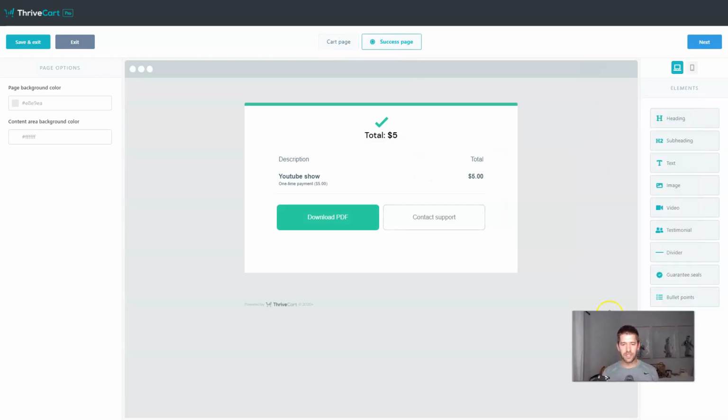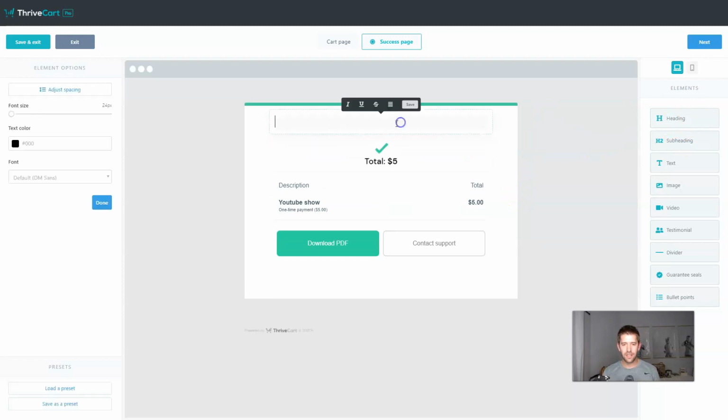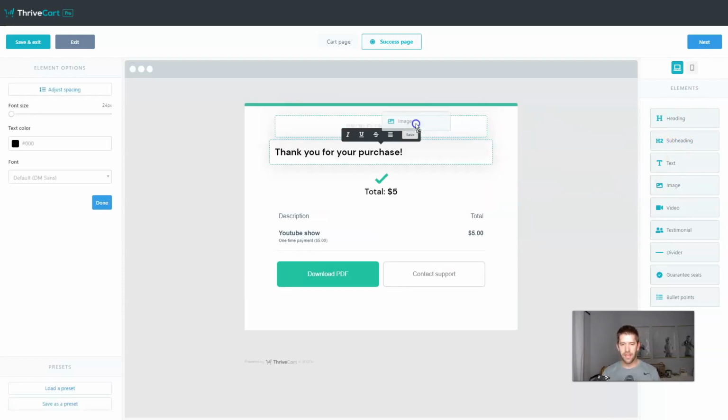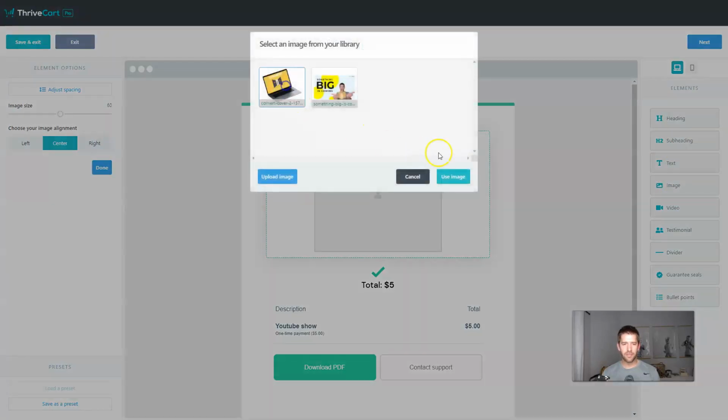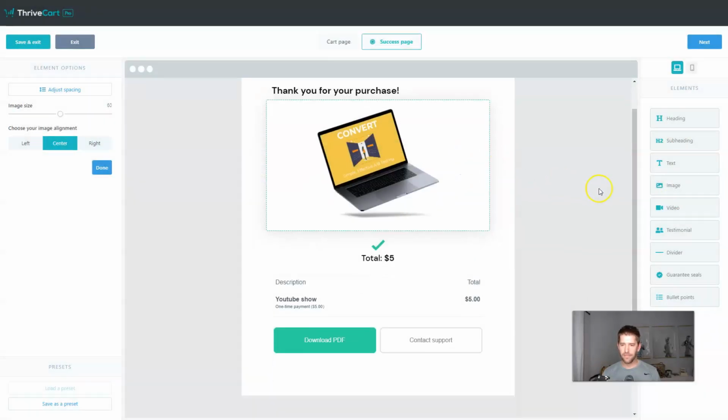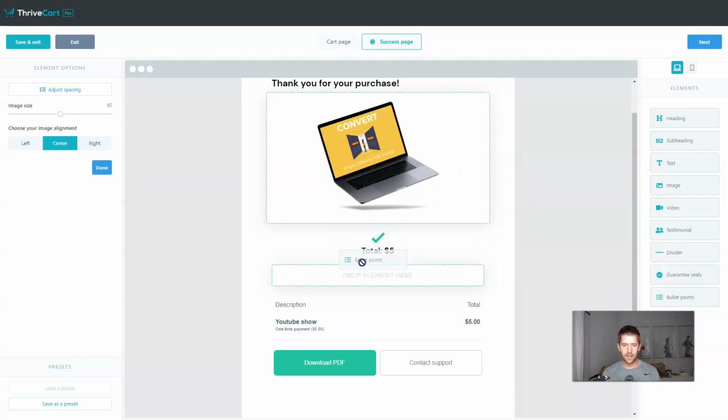So if you want to customize your success page, which you should, it's just as easy as doing this. So you can say, thank you for your purchase. Maybe you want to add an image or a thank you. Let's just add an image of the product that they bought. And then some text on,